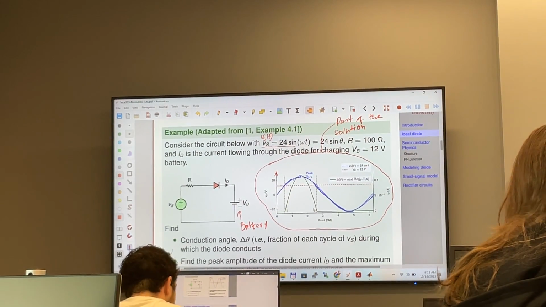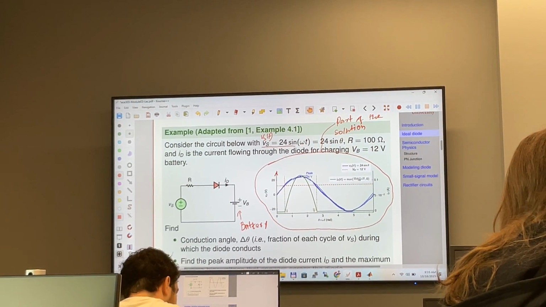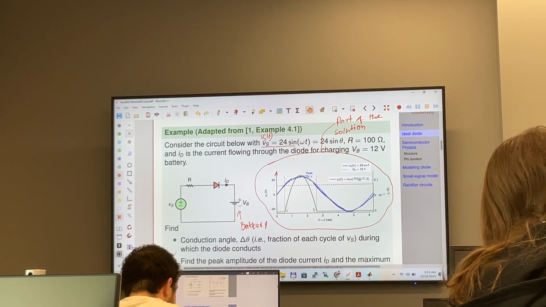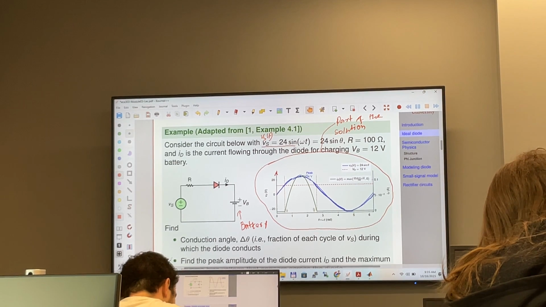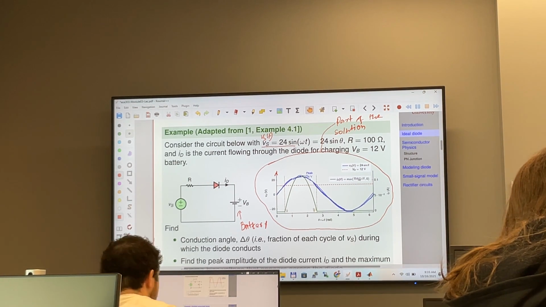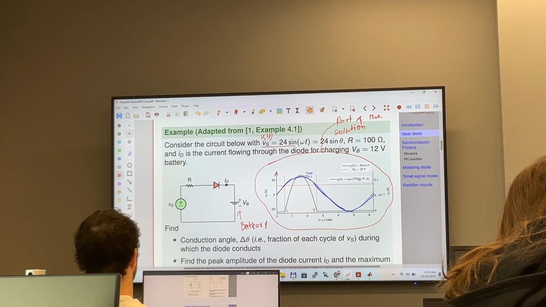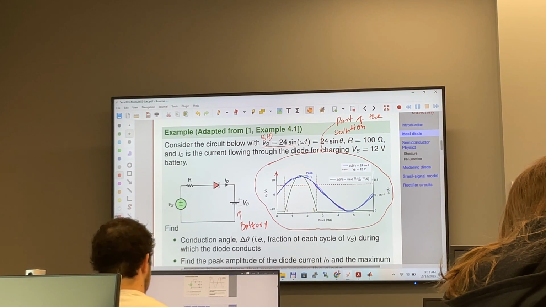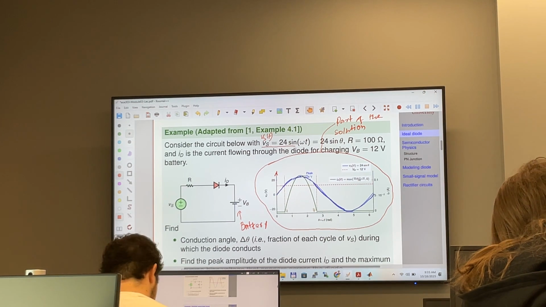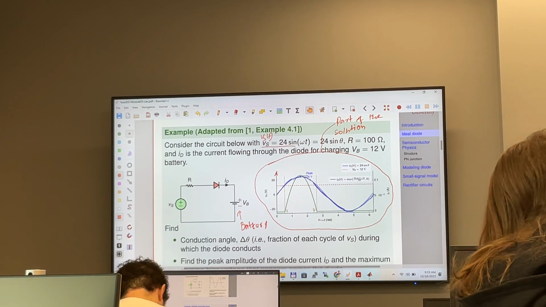Okay, now come back to this circuit. Try to understand how this circuit works. You have to know the working principle. Because we have this nonlinear device, the diode, this diode is going to be a short circuit, a piece of wire, when